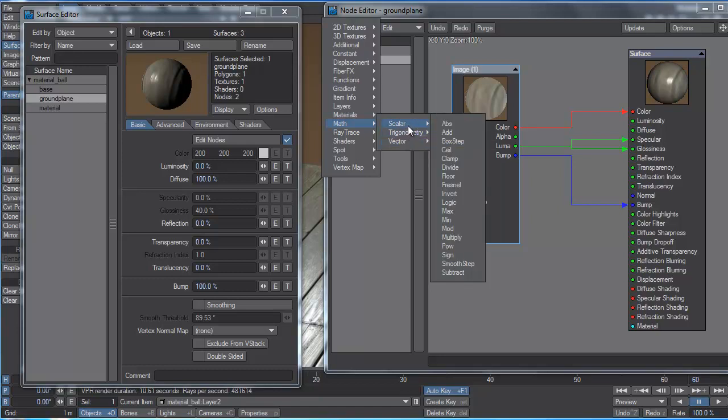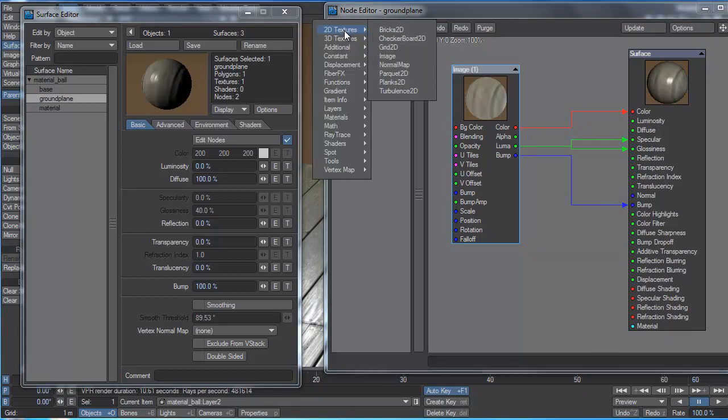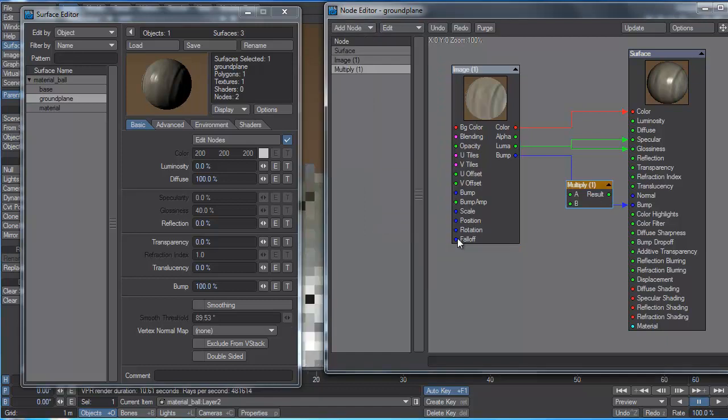So for example, a scalar might be the luminosity value, which is only a number. But a vector is 3 or 4 values, such as RGB or RGB alpha. We're going to use scalar right now because we're going to multiply only by a single number. We're just using the luma, which is just a value. If we were trying to multiply the color, we'd be using a vector. So we're going to add a scalar multiply,